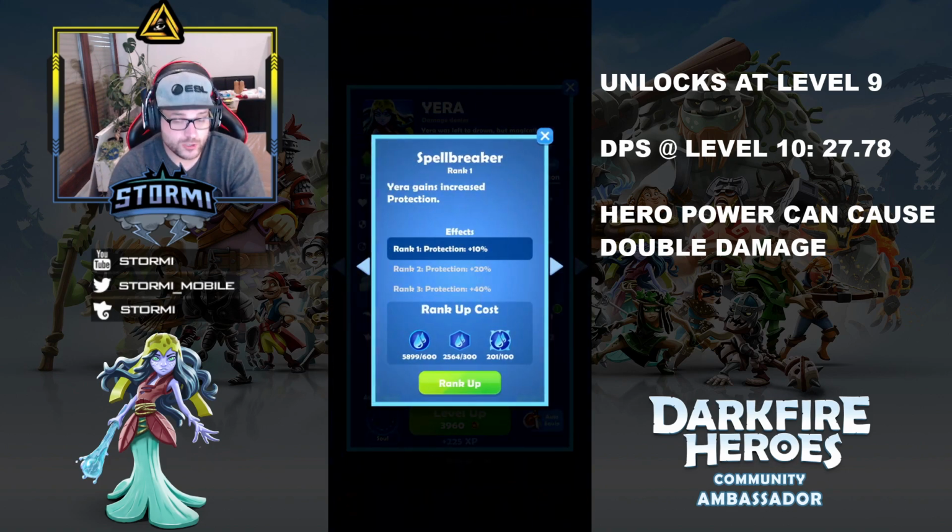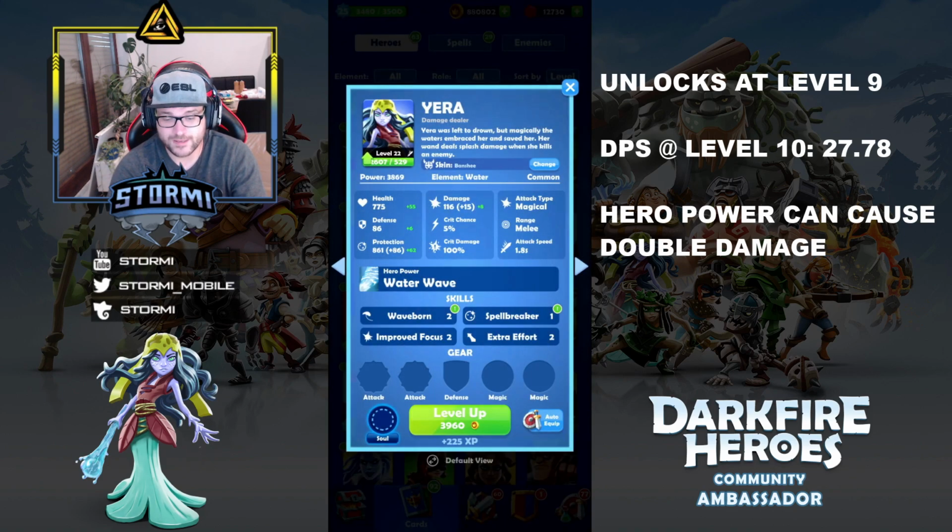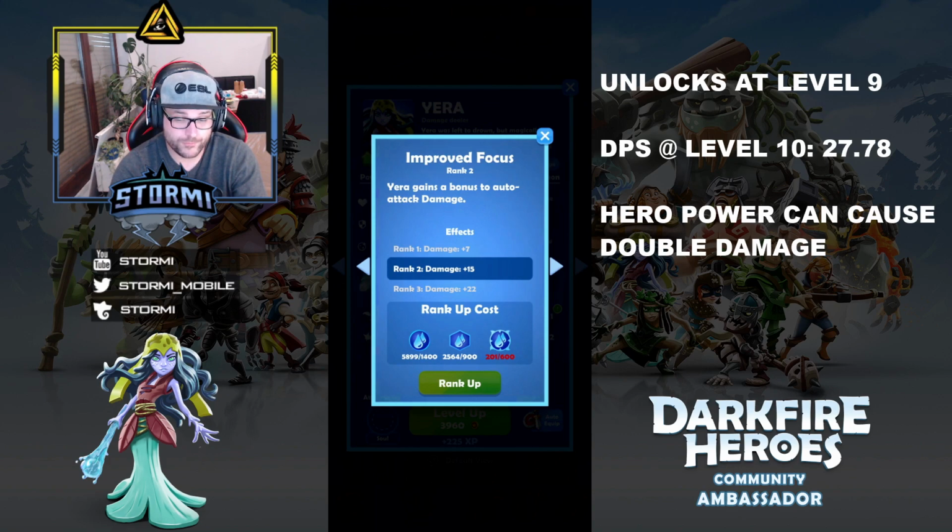The next one is called Spellbreaker. Yera gains increased protection, in percent, 10, 20, and 40%. And as we already looked at the base value, now only got the 10% extra. It is just crazy. She's getting 40% on top. Furthermore, improved focus